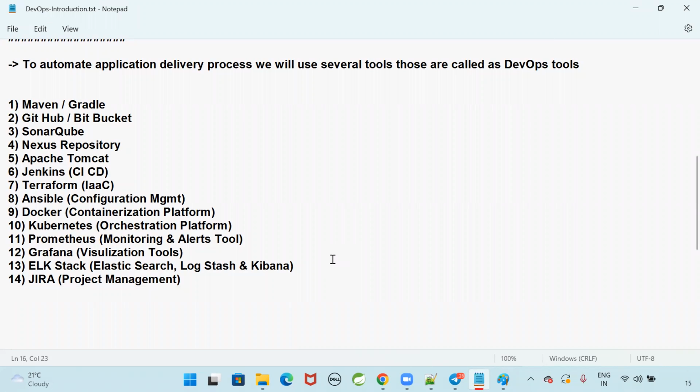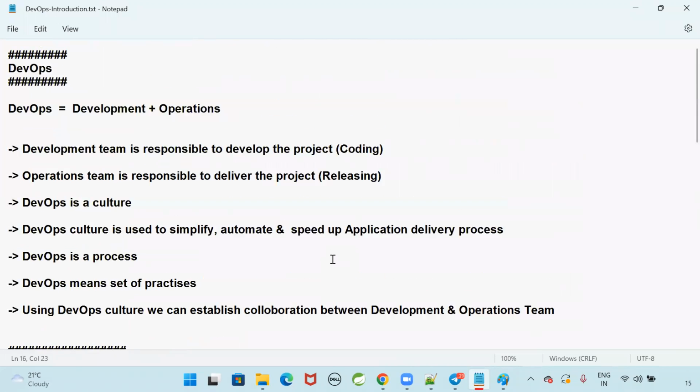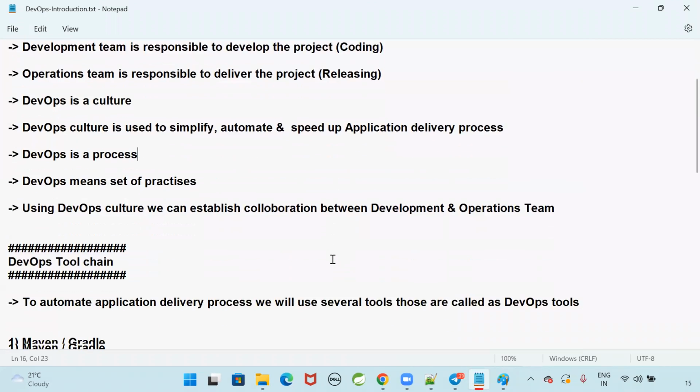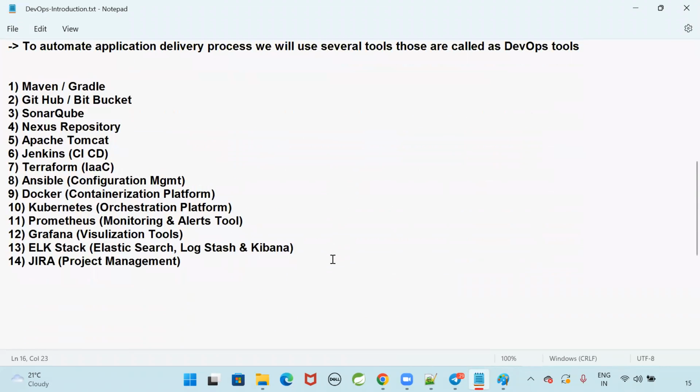Then how will we differentiate between Apache and Tomcat? Sir, Tomcat is a server, Apache is a company. But they are saying this is an Apache server, this is a Tomcat server. No, Apache is the organization. Some people will call it Apache server, some people will call it Tomcat server, some people will call it Apache Tomcat. Actually, the server is Tomcat. This is a Tomcat server developed by the Apache company.